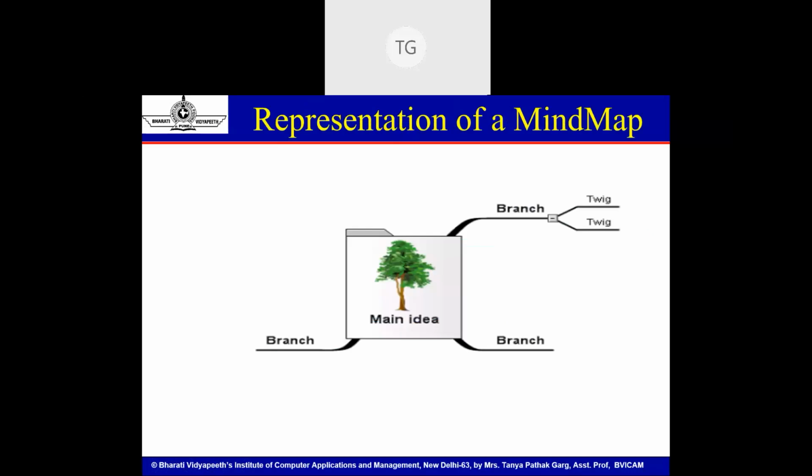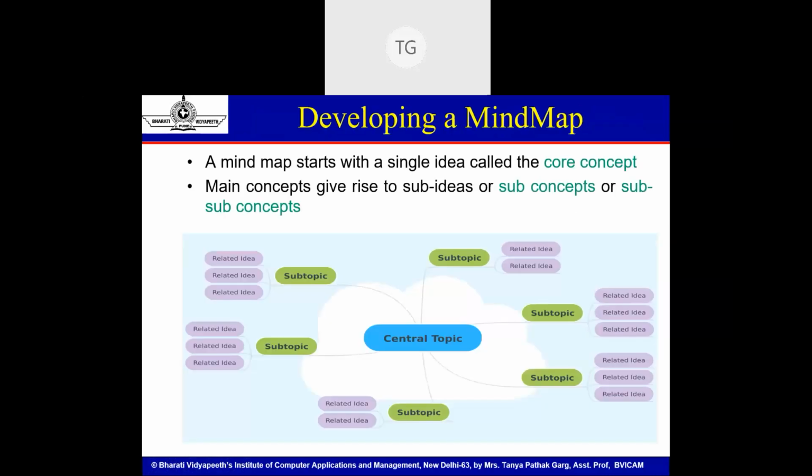As I said, there is a main idea, the central topic. If I am doing a lecture dissemination, there will be a central topic of lecture, Java syllabus or Java lecture plan, right? So that main idea comes in the middle. Branching out from the main idea are certain subtopics. The main idea will always be divided into certain subtopics, like a course will be divided into some units, and even a syllabus of a subject will be divided into certain chapters. These are connected by branches in the form of twigs and further sub-branches, subtopics. So that is the basic representation of a mind map. It looks something like this.